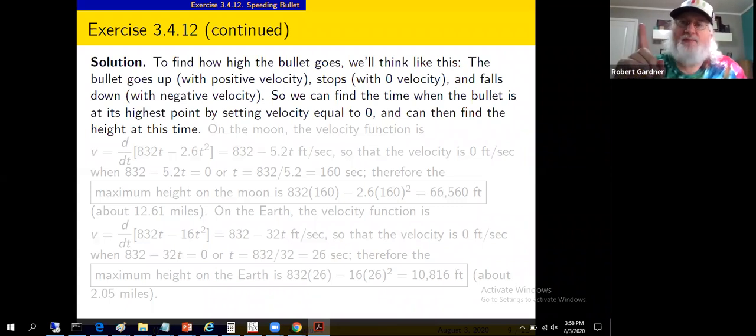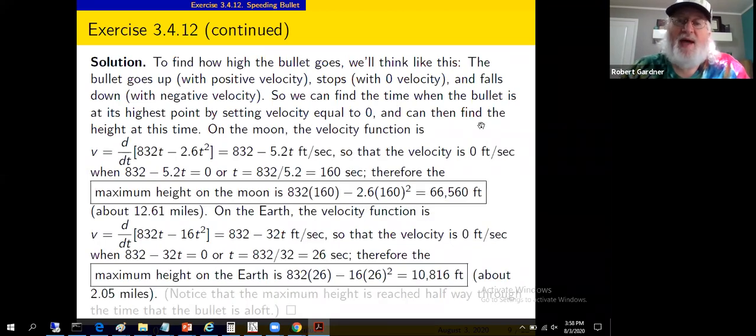Going up, velocity is positive. Going down, velocity is negative. When it reached the top, it stopped having a positive velocity, started having a negative velocity, and was 0 in between. That idea is going to make so much stuff work when we start using derivatives to graph functions. Okay, so we're going to set the velocity equal to 0, and that'll give us the time when it was at its maximum height. On the moon, the velocity function is, differentiate that formula,